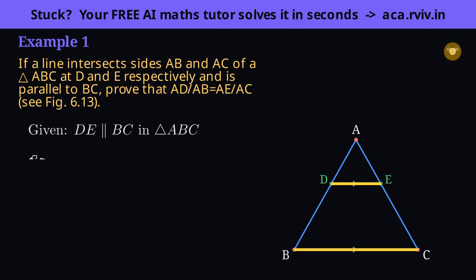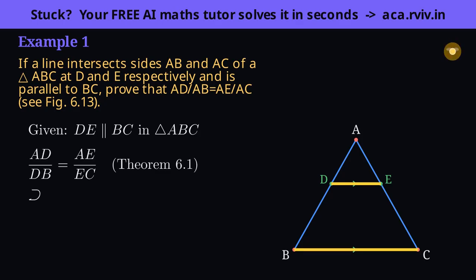Because DE is parallel to BC on our figure, the basic proportionality theorem, Theorem 6.1, kicks in. It tells us the line splits the two sides in the same ratio, AD over DB equals AE over EC. Remember why that's true? The parallel line makes the top triangle the same shape as the whole, so both sides scale by one factor. This equation is our launch pad.